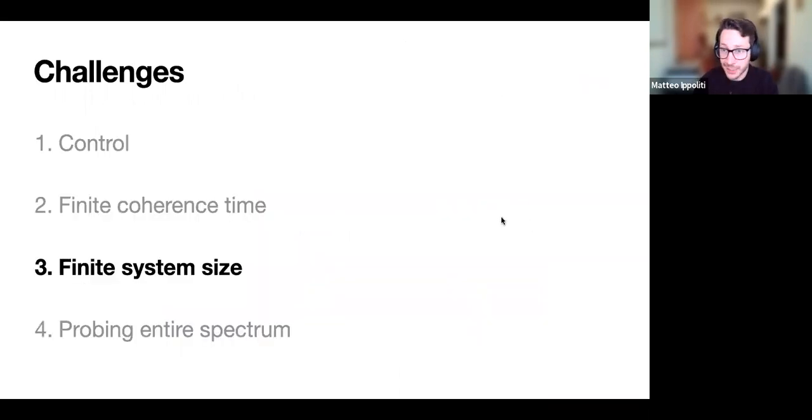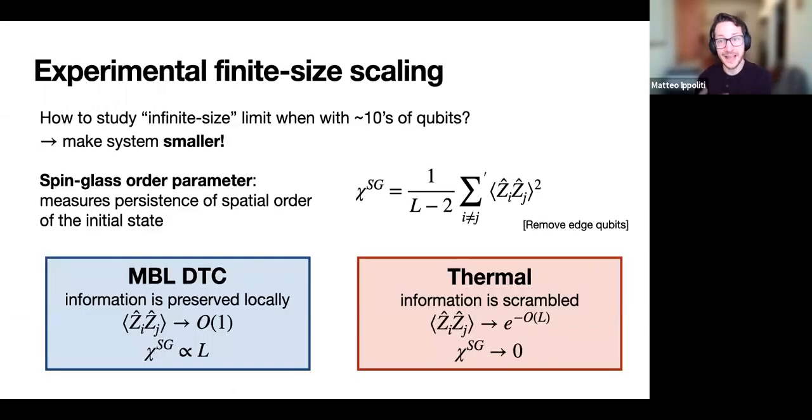So, having addressed the finite time limitation, the twin problem is the limitation of finite size. So we want to be able to somehow study a phase of matter by only using 20 qubits, which is not ideally what you would like to do. You would like to have a thermodynamically large ensemble of degrees of freedom. That is, of course, not cheap or feasible today. And within NISQ limitations, we'll have to find strategies of making the most of a finite number of qubits.